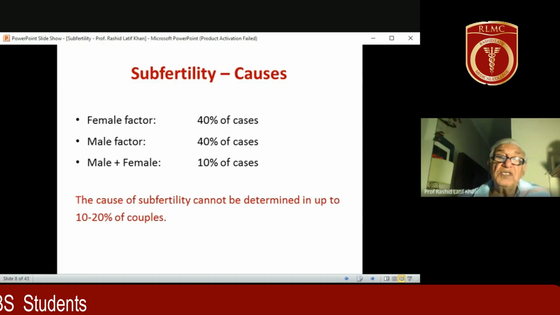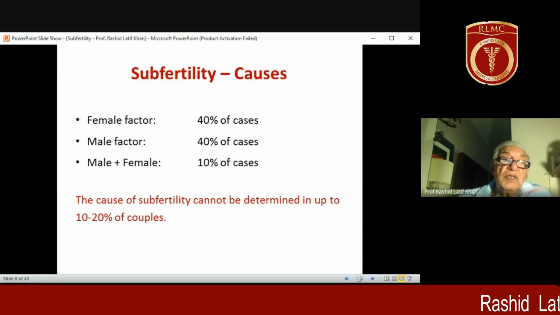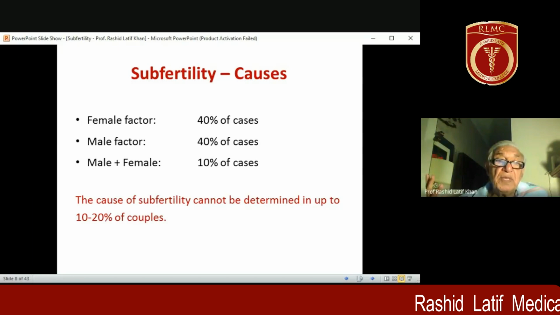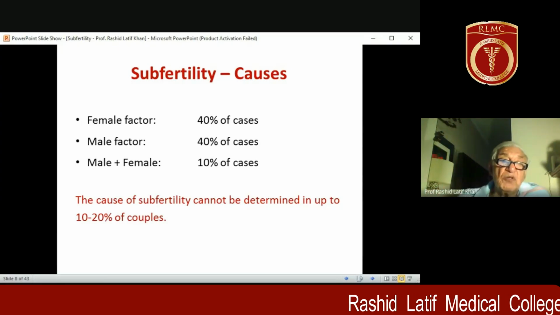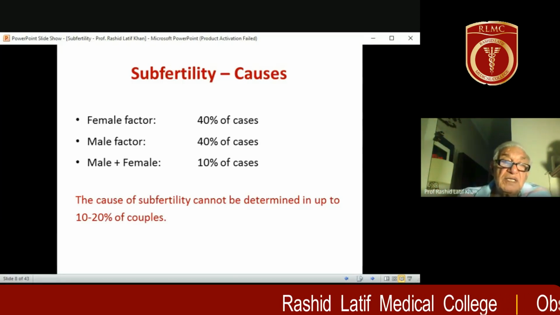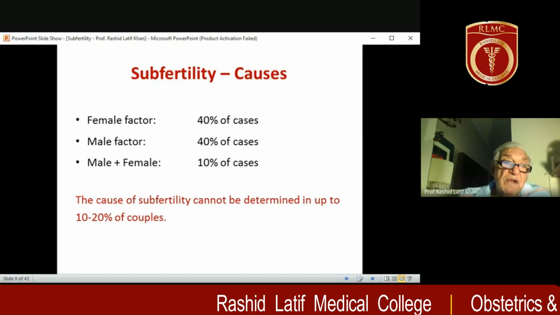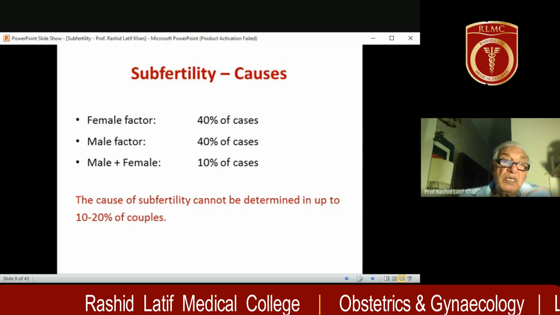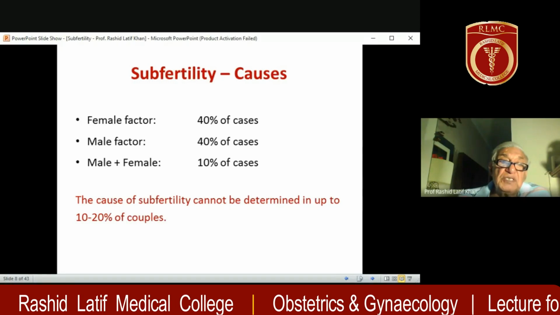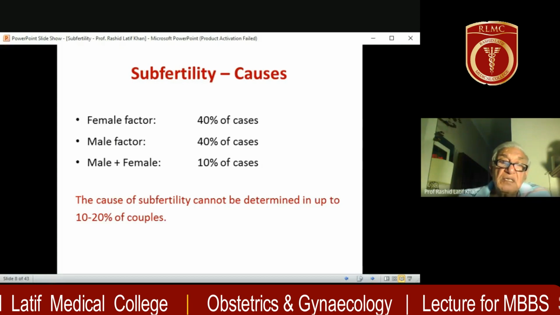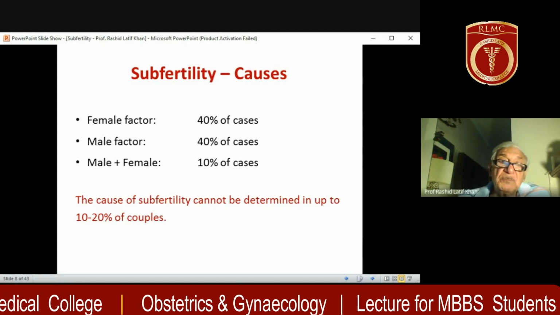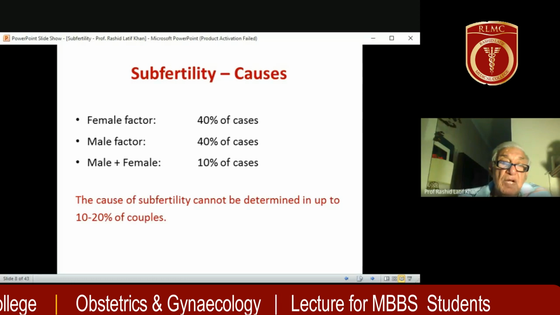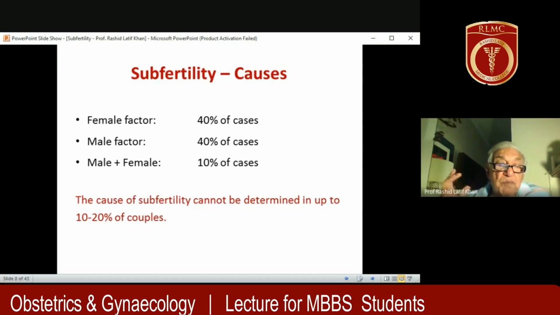Now, generally in our society, unfortunately, if there's subfertility, then the wife is blamed all the time. Particularly in-laws pressurize her that the cause is with the wife. Whereas if you look at these figures, both are equally responsible. There are 40% cases where there's female factor, and the same number, 40% cases, male factor, and 10% where both are possibly